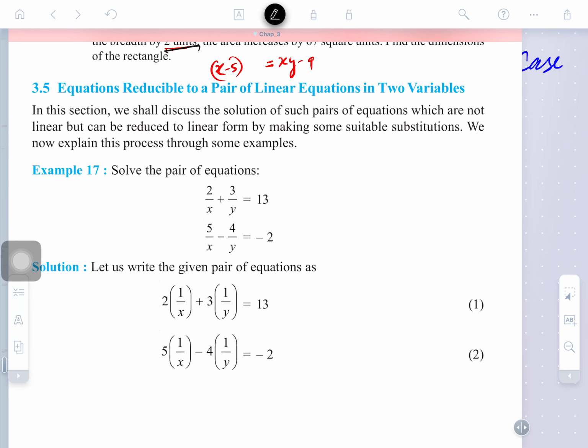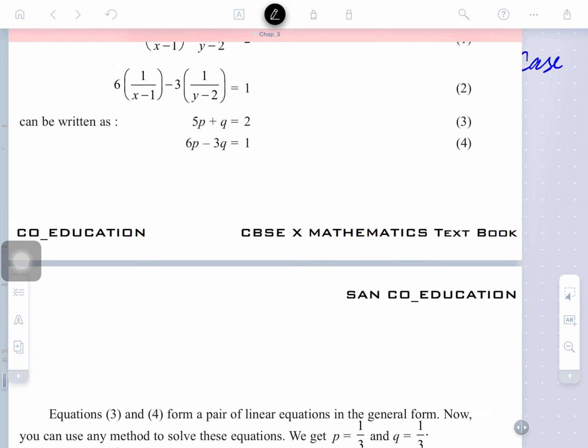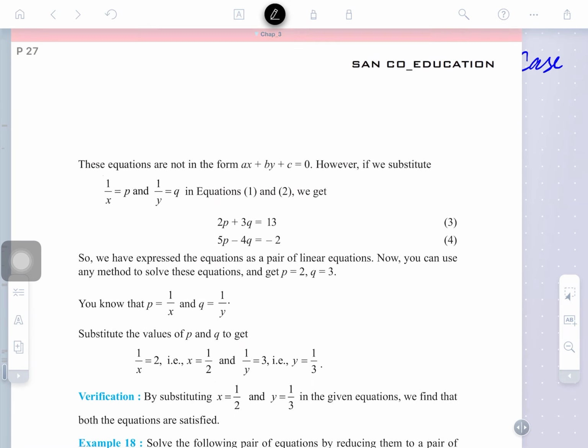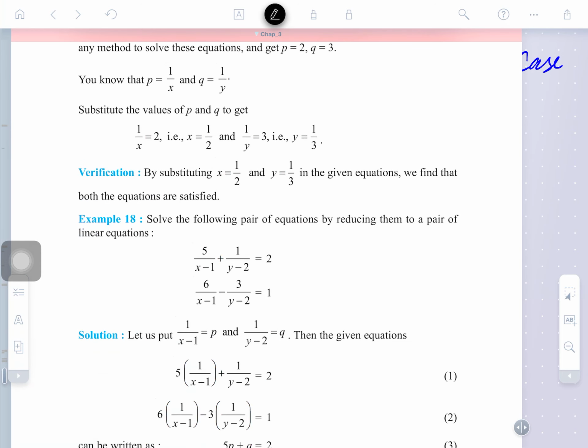Next day we'll solve equations of reducible form, meaning first we need to simplify them. Is that clear? I am giving you some questions and solutions. Before that, you will solve this question. See example number 7 and 18, you will try yourself. I will tell this question. Thank you very much. Have a nice day.